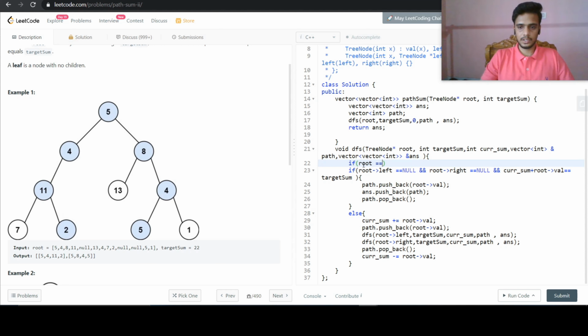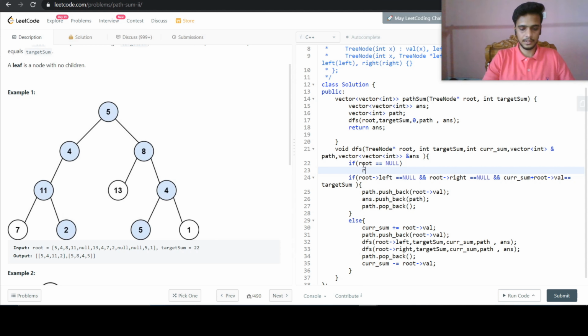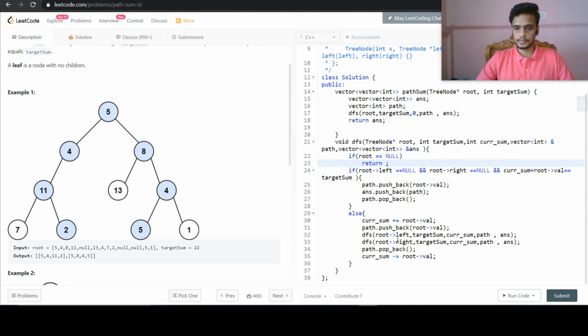So if root is equal to null, then return. So that's it. If we encounter the target sum anywhere in our path, that will be inserted in our answer vector, or else we will traverse our tree like this.